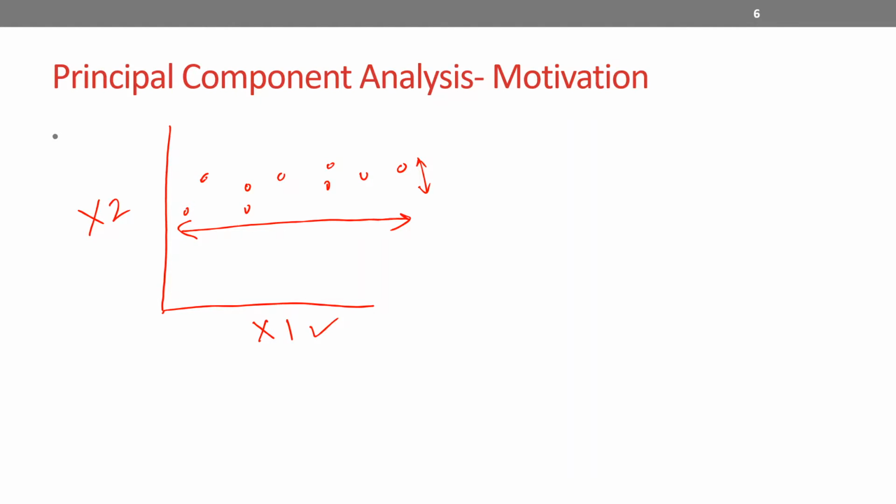Now, imagine that instead of 2 features, we have 3 features, 4 features, let's say 20 features. Are all of them important? Obviously, in most situations, the answer to that question is no. So what principal component analysis does is that it takes higher dimensional data, let's say more than 2,